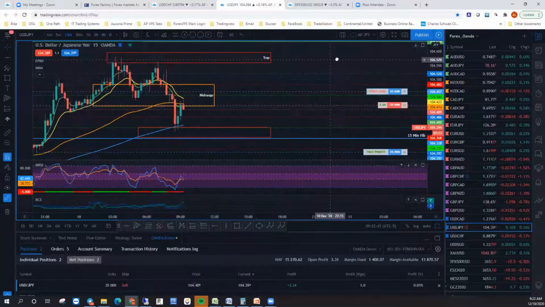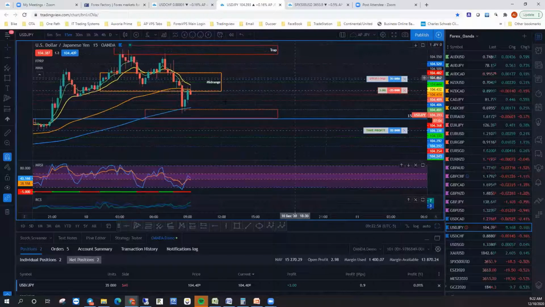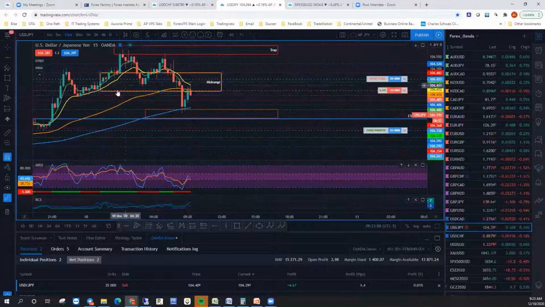Not to interrupt too much, but I might be potentially looking at another short in the UJ. UJ, okay, let's take a look. Well, that's where we are right now, so that helps to confirm what I was talking about. So we're still in the same short. We already had some profit down below, and this pretty much helps to confirm what I was trying to say. Here's our M, just from a little different perspective.